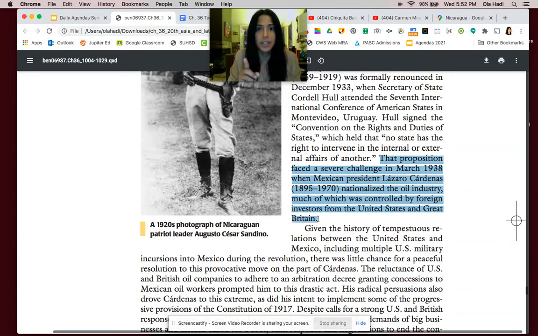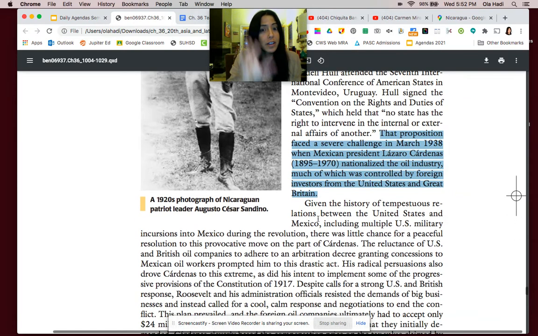Nationalize is different. It's an economic word, and it basically means when the state takes over an industry that used to be a private industry. So for example, when Mexico nationalizes oil, they take over all of these companies that used to be controlled by US companies. So they're like, no, now the government owns it. Well, as you can imagine, American businessmen were furious. They really pressured and lobbied for the United States to go to war with Mexico.